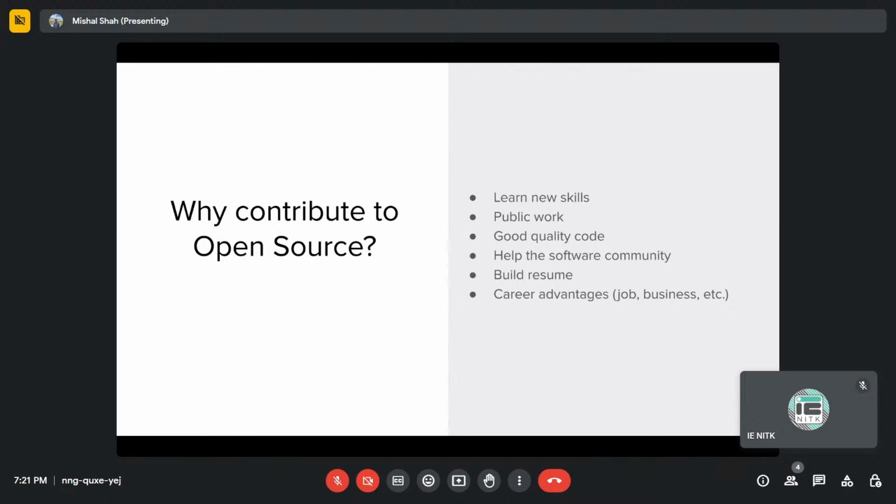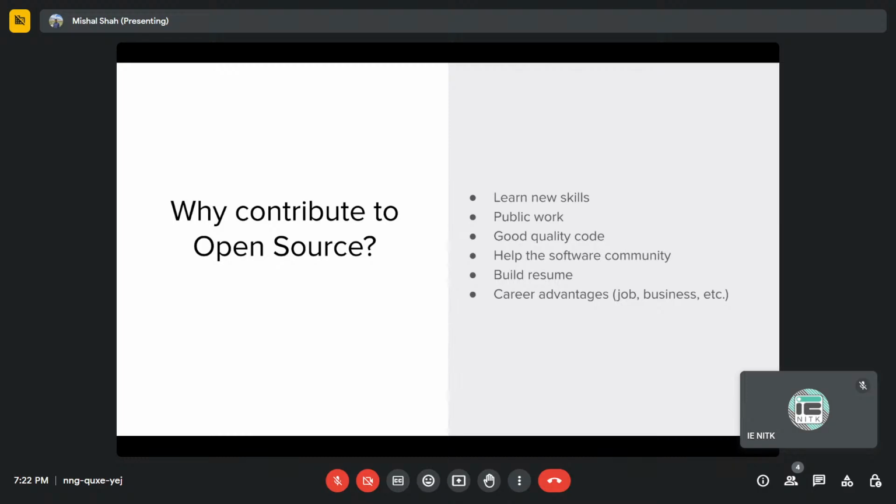So much helpful. Public work. Since a lot of things are public, a lot of people will know what you have done. A lot of people will reach out to you. I know a lot of people who have been reached out to directly for jobs just because of their open source contribution. They don't directly offer jobs, it's always an interview, but even getting a call for an interview, a lot of startup founders find you through GitHub and reach out, saying, hey, if you can contribute to our project, like as a job, as such.